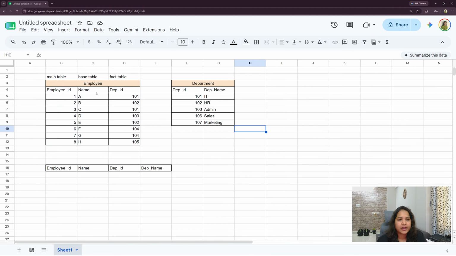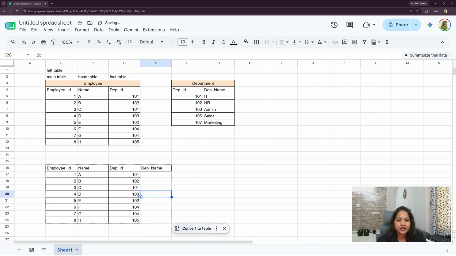During that process, first it will give you all the records from the left table. Your main table is called your left table. So first it will give all the records from the left table, just like this. In inner join, records come to the output table only after checking the match. But here, all the records will come and sit in the output table.